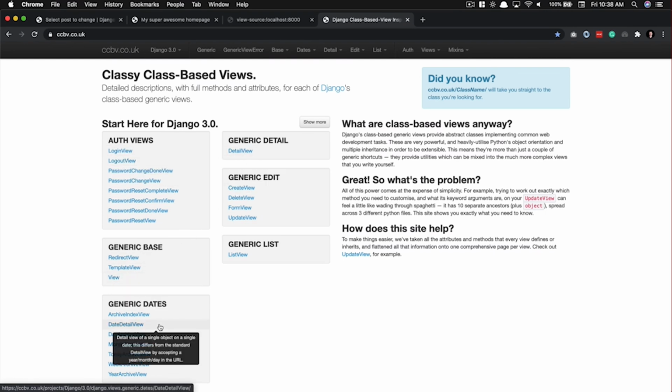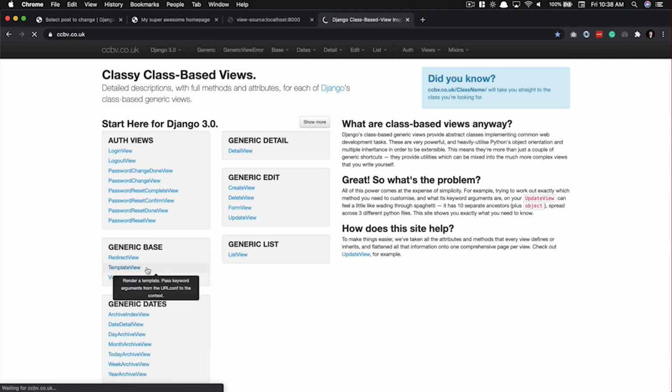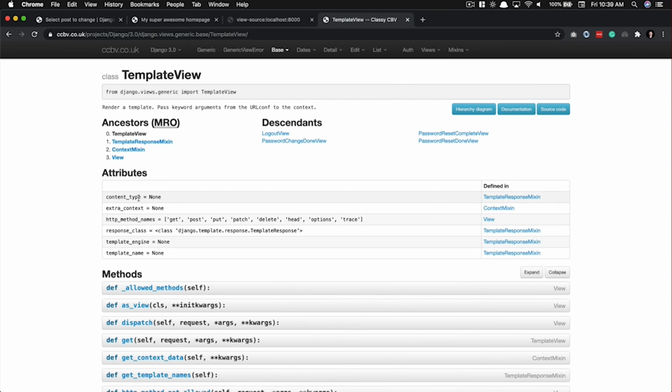We're going to be working with a few of these in Django 101, but right now we're only working with our template view. So I click on template view, and it tells me what kind of content type it can be, extra content, HTTP method names. So is this allowed to have a get, a post, put, patch, delete, head, options, or trace HTTP headers? Honestly, we're only using get, so you could set this to just get. Response